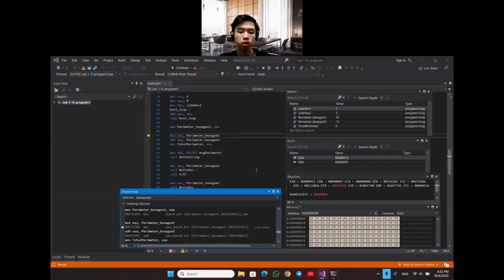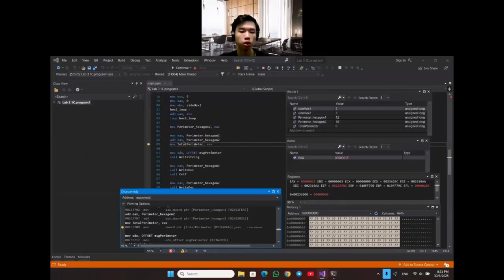And then from the question, it requires us to add the perimeter of hexagon 1 to the perimeter of hexagon 2. So here we do the calculation. After adding, the total perimeter becomes 30. 12 plus 18 becomes 30. And then